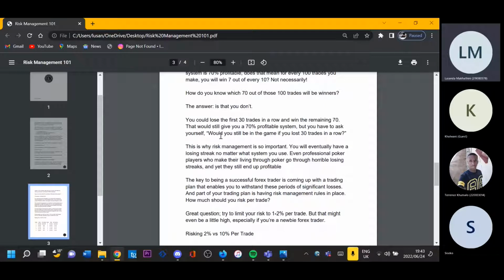But just because of risk management, it was like, okay, I think I can weather the storm. But by the time I was starting to wake up, because I'm human, right, I also have problems when it comes to psychology. I thought I was too good to fail. So I'm like, no dude, I can enter this trade again, don't worry about it. Let me just risk more. I know I'm always right, and it will hit me. I was supposed to risk $100 for that trade, but now I'm here risking $300 for one trade.